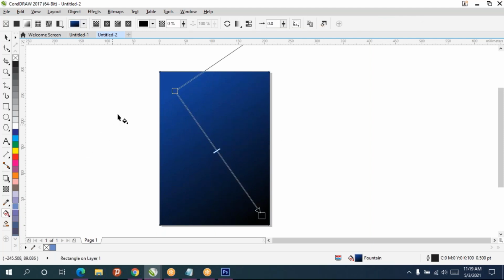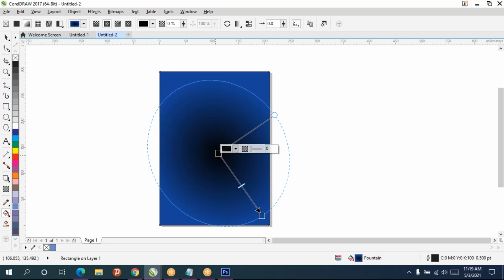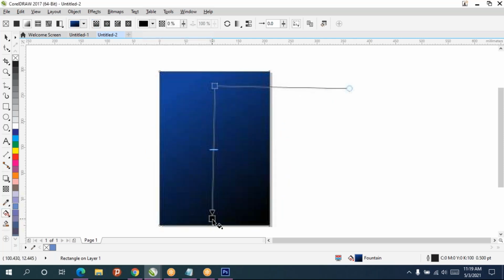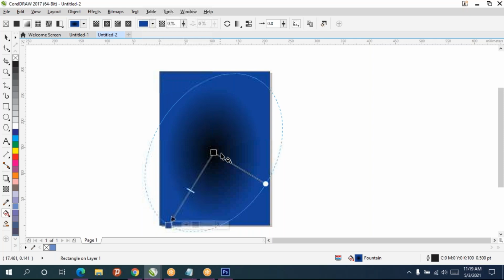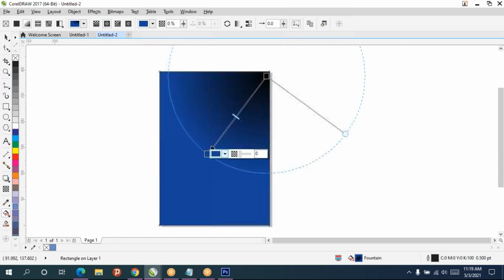In that interactive fill, always see the property bar of the tools. You will get elliptical gradient. This is linear from one side to another side, and this is from center outward or outward to center, however you want, you can click it.